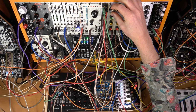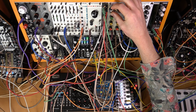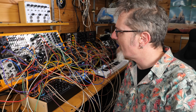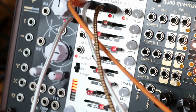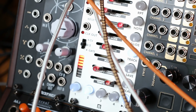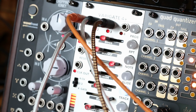And this is a much simpler sequence. And funnily enough, I couldn't make it work through the black sequencer. Not that I couldn't make it work, I couldn't come up with what I wanted. I just wanted something simple, and I couldn't seem to achieve it, and it was driving me nuts. So I ended up going from the Variegate 4 Plus, which is over there just out of shot, a Moleko Variegate 4 Plus, and I just dialed in a simple sequence through the...